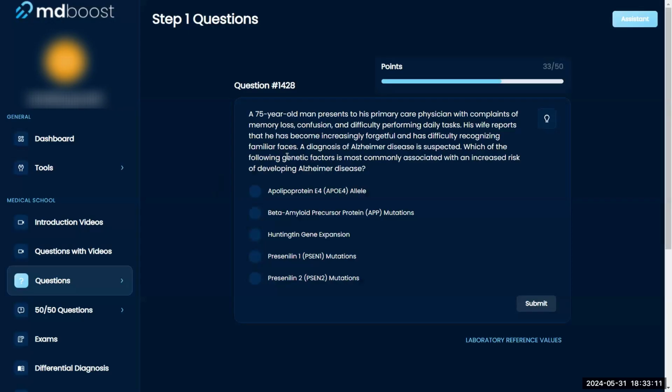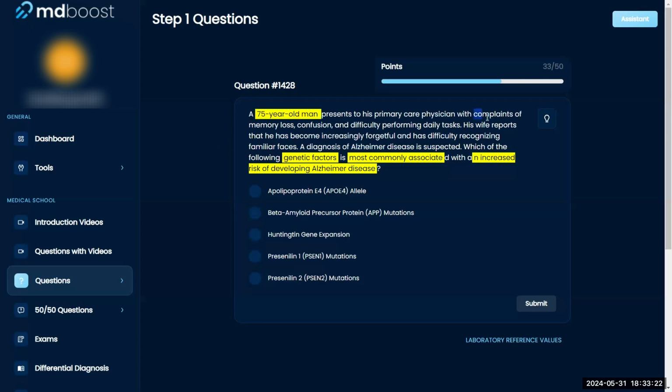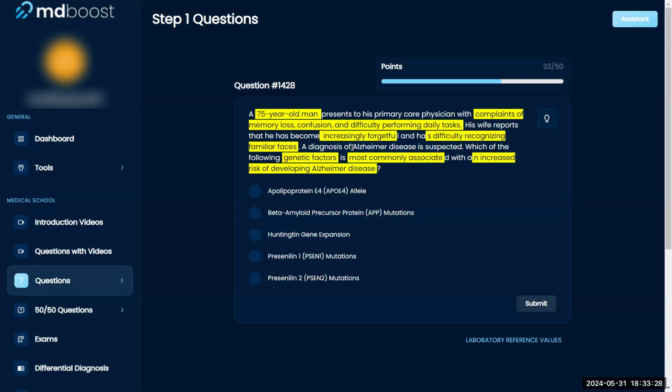Which of the following genetic factors is most commonly associated with an increased risk for developing Alzheimer's? A 75-year-old man presents to his primary care physician with complaints of memory loss, confusion, and difficulty performing tasks. His wife reports that he has become increasingly forgetful and has difficulty recognizing familiar faces. A diagnosis of Alzheimer's disease is expected. Which of the following genetic factors is most commonly associated with an increased risk of developing